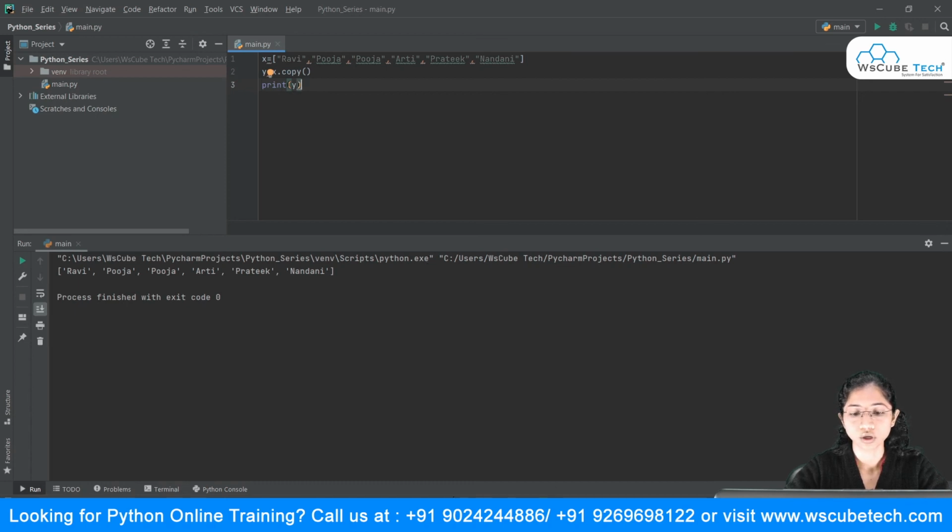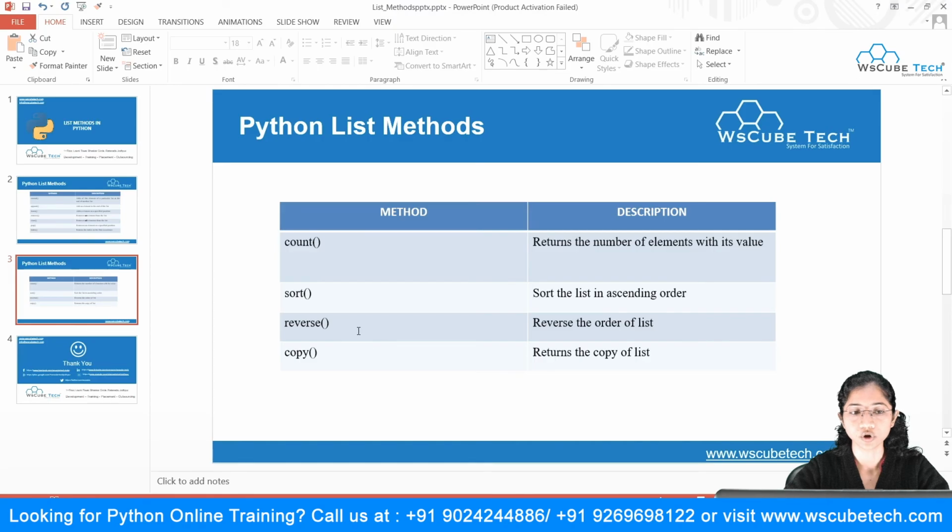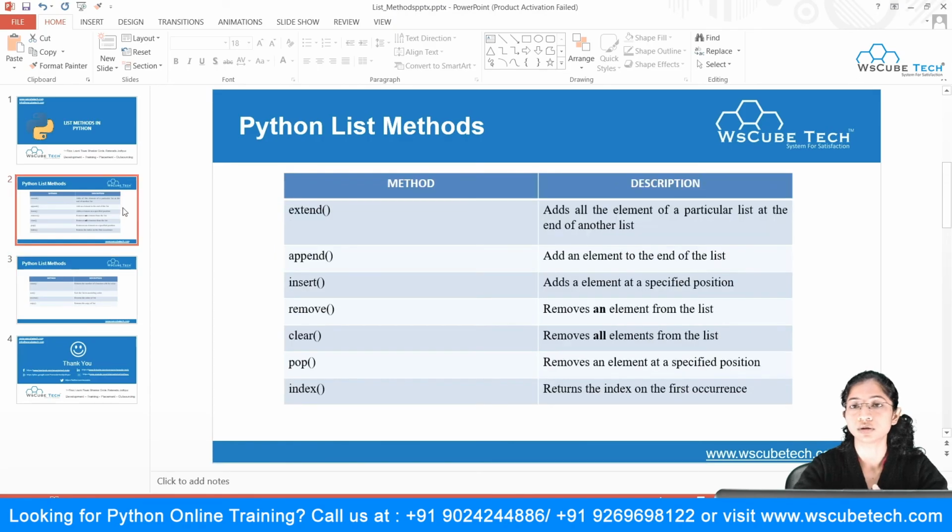So we'll just do a quick recap over here. Basically, we learned about the list, the methods which are provided with respect to the list in Python. So Python has all these list methods which we can use on your list to get the desired result. So we saw about the extend. So extend, basically, if you have 2 lists and you want to extend your first list with another, you can just make use of this extend method.